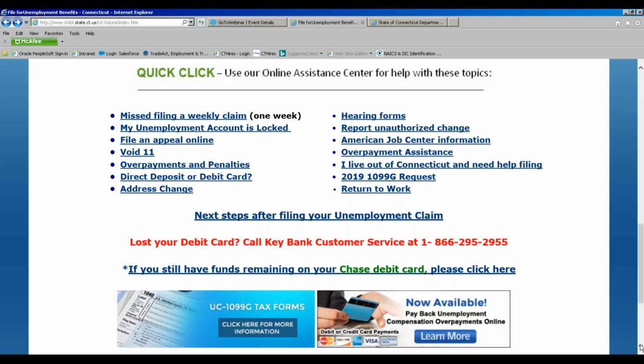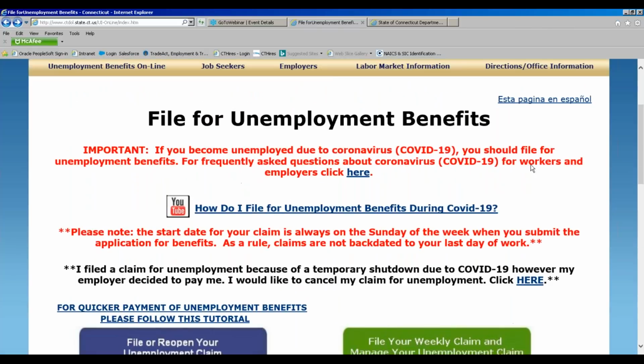We are receiving a lot of emails through many different avenues that are available within the Department of Labor. A lot of people are sending emails that may not be related to those particular email boxes. So our recommendation is that you come back here and think about what questions you have and if we can answer them for you. If you don't see the answers here on the quick clicks, we're going to take you over now to the front page of our Department of Labor webpage, which has our frequently asked questions.